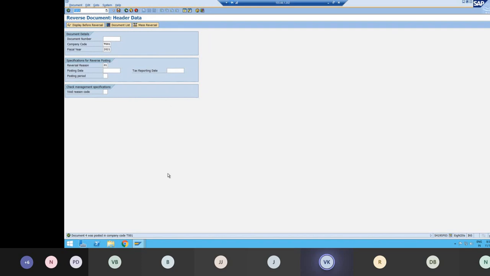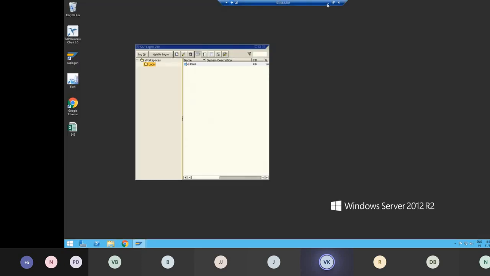So we'll see in my client system how that is defined. We'll stop here for today. We'll continue from tomorrow. Tomorrow we'll start with the tax procedure. So let me stop here and log into my client system.